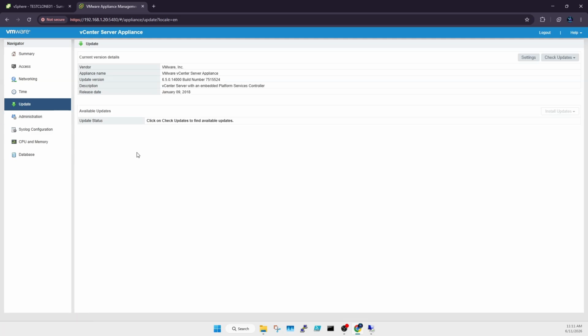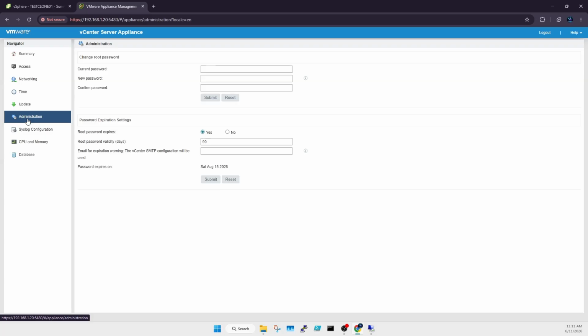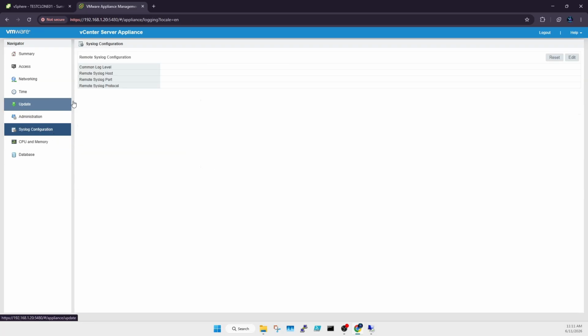You can update your vCenter server from here itself. In Administration, you can change the password anytime. In log configuration, you can have the logs available. You can download the logs or